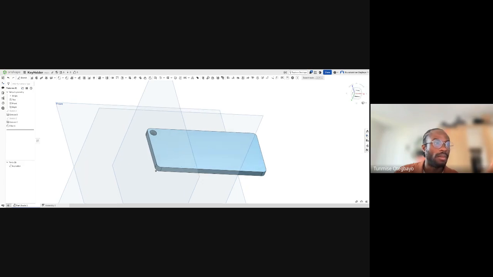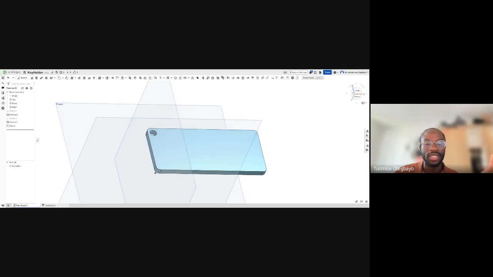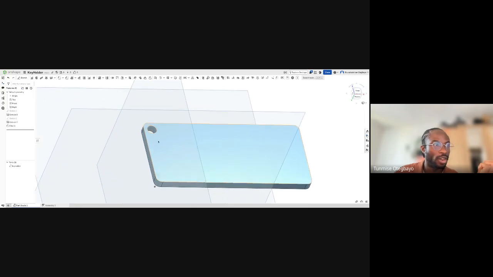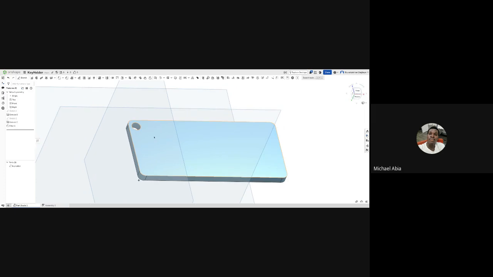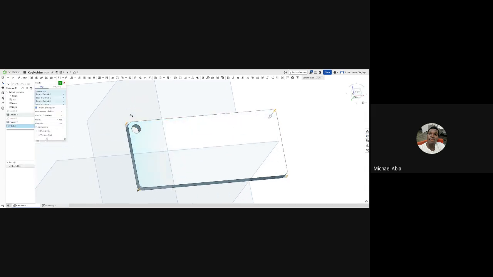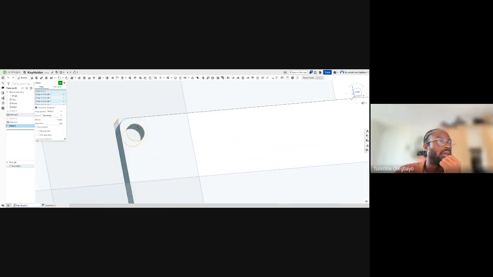That, Michael, I don't know if this kind of answers some of your questions about bevel and the other tools. Yeah, I missed the bevel part a bit there because of internet issues. Yeah, but how do you control the amount of the curve? Let's see that curve. If you wanted it to match the curve of the inner circle, the hole, if you wanted that curve to match it, how would